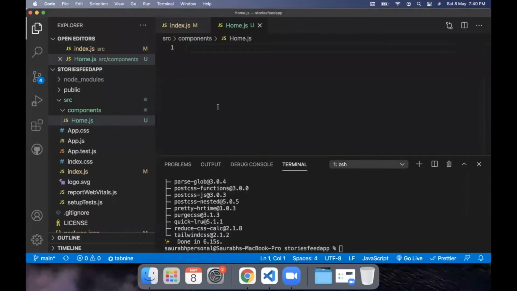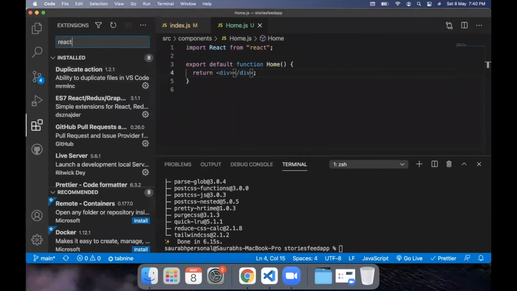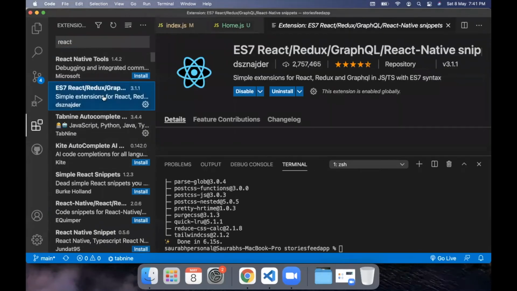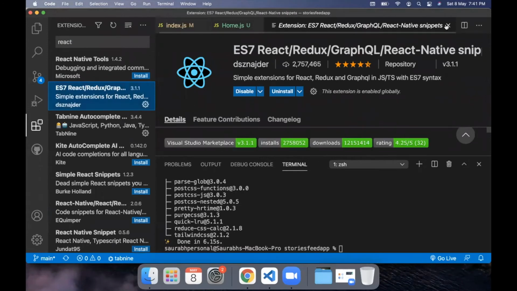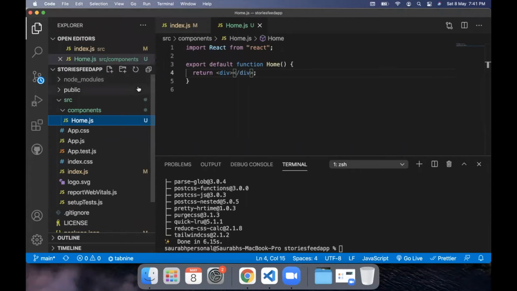In that, I'm going to type rfc and hit tab. This is going to add a functional component into my code directly. For this, I am using a VS Code extension, I think it's called ES7 React/Redux snippets. This is the code snippet extension which I am using to add the React.js snippets.